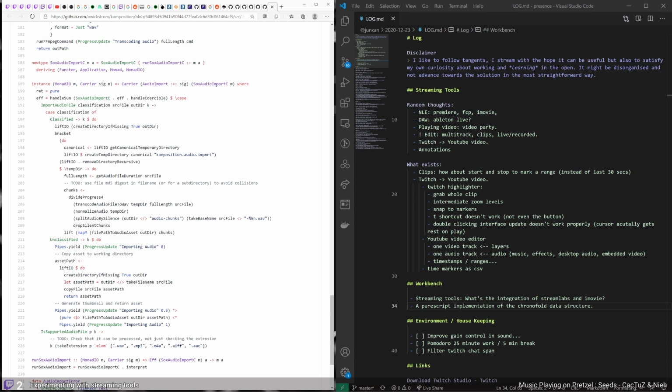Okay, so that's the instance in Monad IO, and it lifts IO create a directory. Yeah, and it does some bracketing for the creation of those directories. That's what it is. So if it's classified, and then it